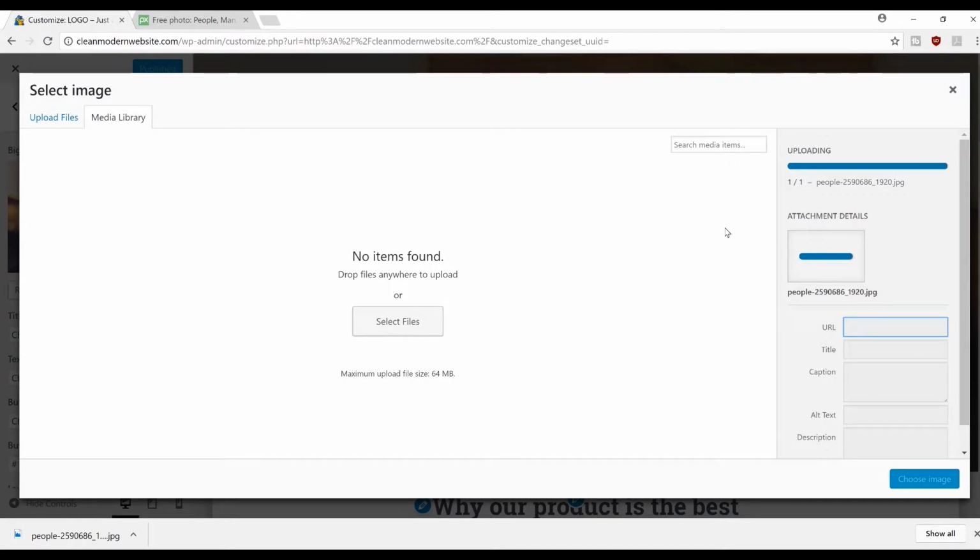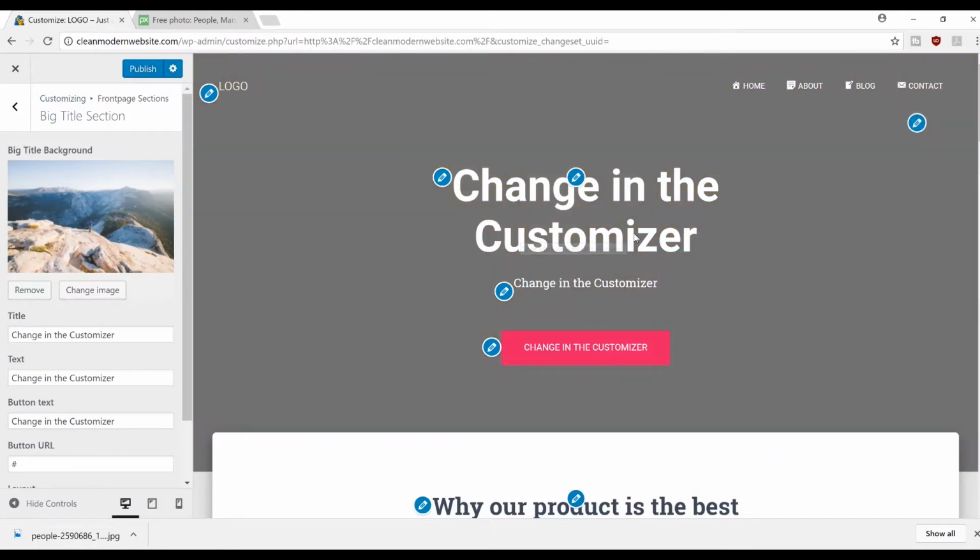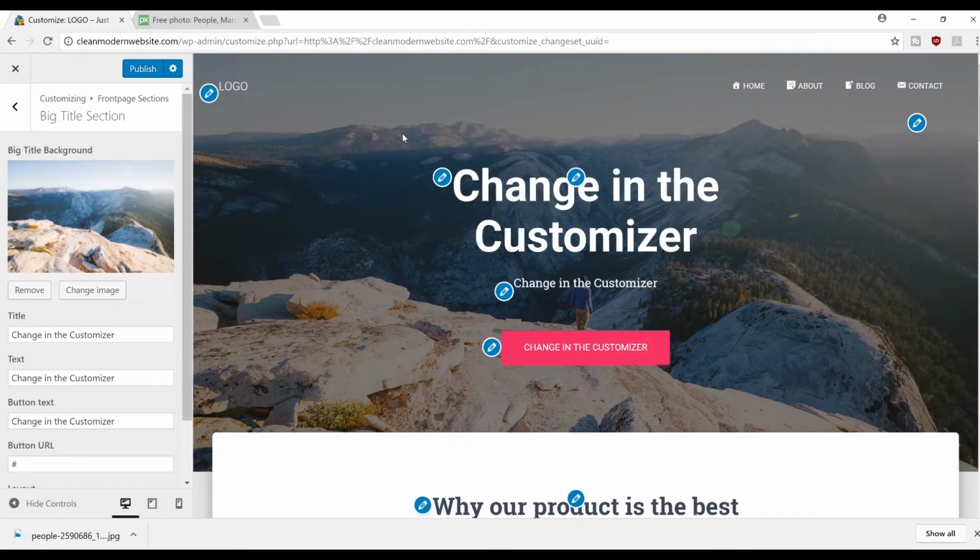It'll take a little bit of time, and then awesome, so that image is now in. You just hit choose image. Now we just wait a little bit because it will update, and look at that, it's starting to look nice now. So the next thing I want us to do is let's go through and change our